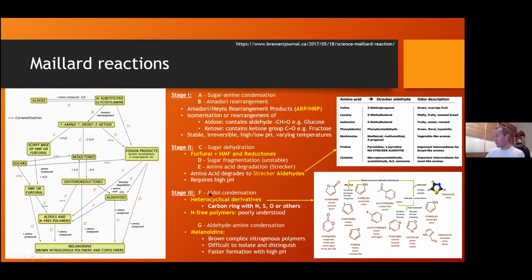The third one, this is really where the fun starts of your Maillard reactions. Oh, another one to mention here is called furfural. So furfural is unique in that it's an aldehyde, but it's a one-way system and you don't need amino acids to create it. Furfural was used by a lot of brewers to actually measure whether or not a beer has a stable flavor or not. And they still do this.